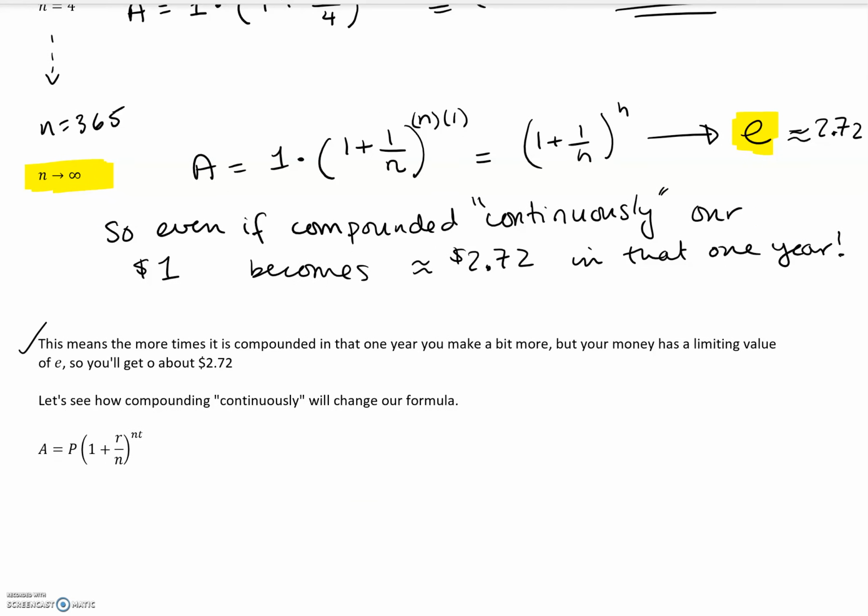So we went ahead and already talked about this. Now let's see how compounding continuously will change our formula from what it was for quarterly, monthly, and so forth to letting n become bigger and bigger. So we'll start